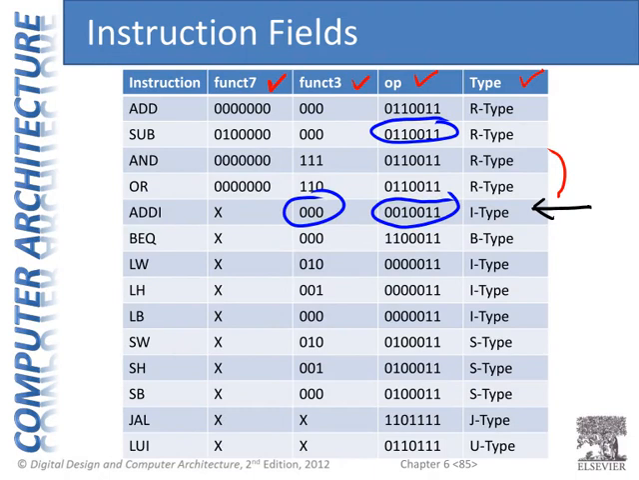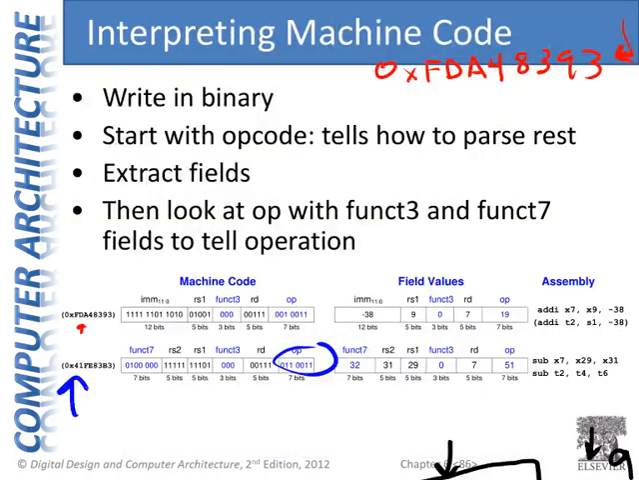So it's definitely R-type. It's either an add, subtract, and, or, right? All of these have the same opcode. So now we need to look at the function 3 bits and the function 7 bits. But we know how to interpret the rest of the fields, at least. So I know it's going to be an R-type instruction, and so I parse out the fields,